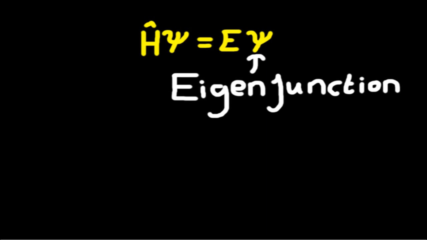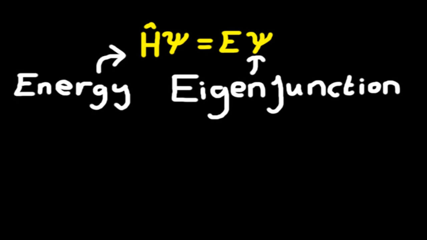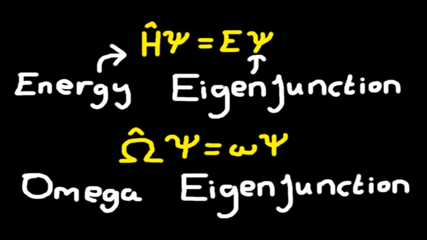Phi here is an example of what's known as an eigenfunction, and these are very special to quantum mechanics. Explicitly, phi is an eigenfunction for the energy operator, the Schrödinger equation. The Schrödinger equation acts on phi and spits out the energy times phi. If a function phi is a solution to an operator, for generality, let's say omega, then phi